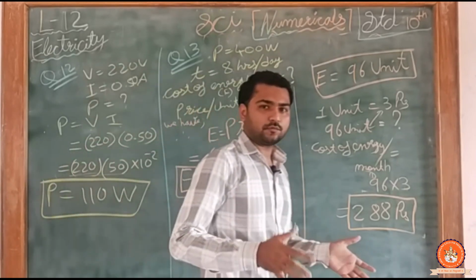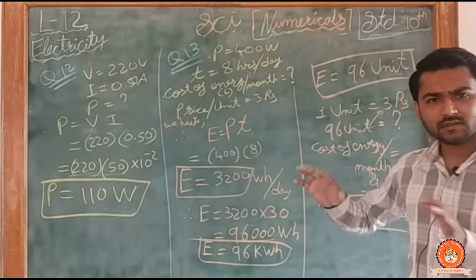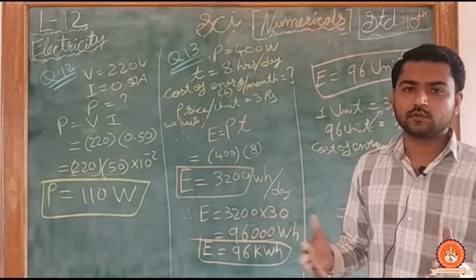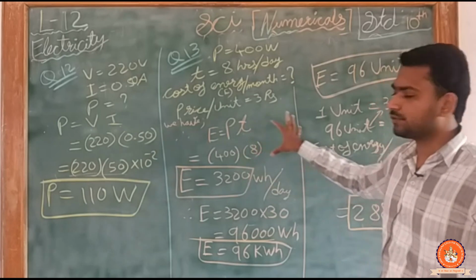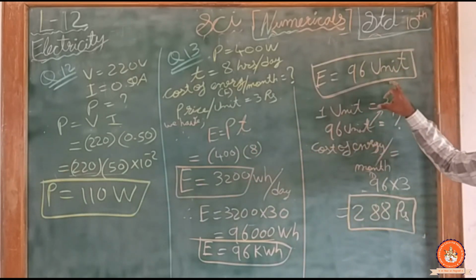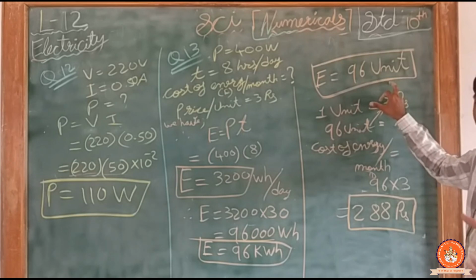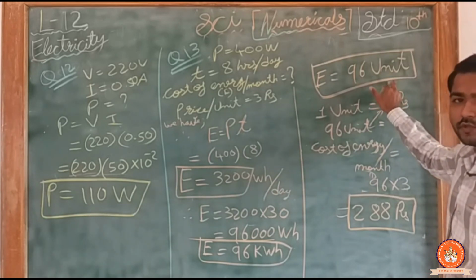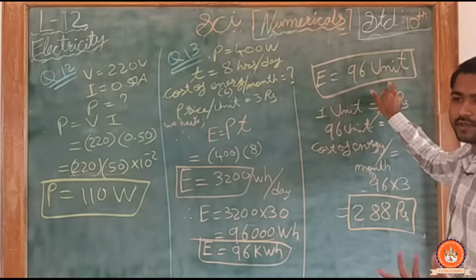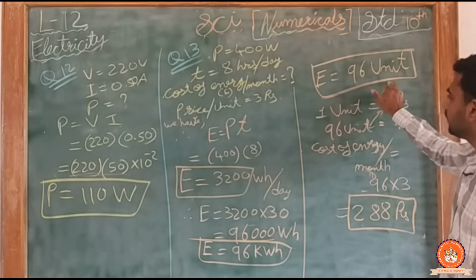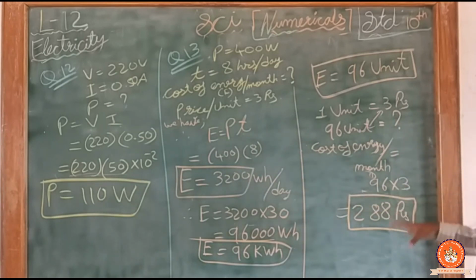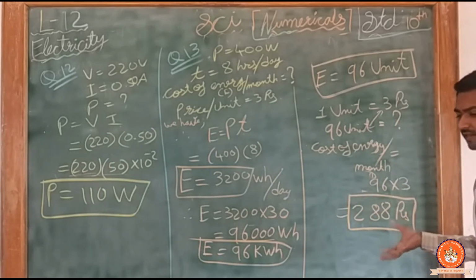Similarly, these types of questions you will practically see in your light bill. जो लाइट बिल आता है घर पे, उसमें यही प्रोसीजर होती है पूरी की पूरी. In the light bill you will get the units directly and you only have to calculate the price per unit for your home or for your store, or you can say commercial price. So you have to multiply units with the rupees and you will get the total cost of your energy charge.